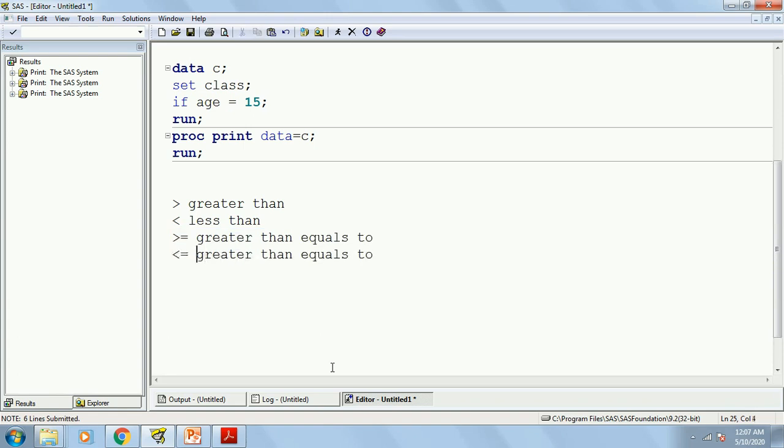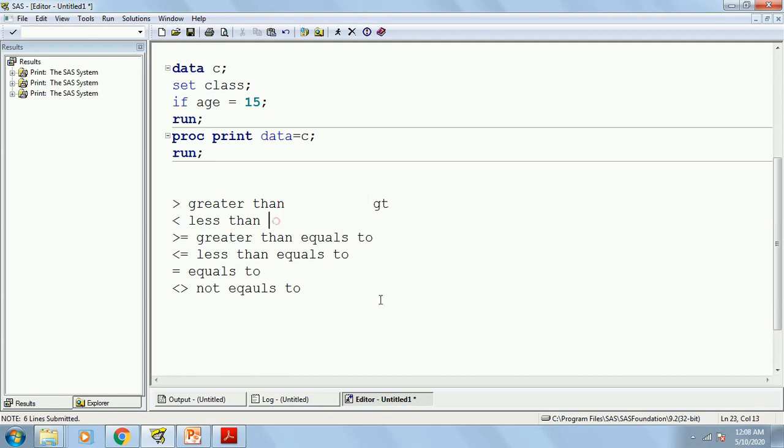This is less than equals to, this is equals to, and this is not equals to. So instead of giving this sign, we can also write greater than as GT.